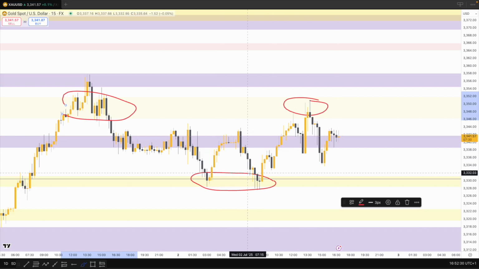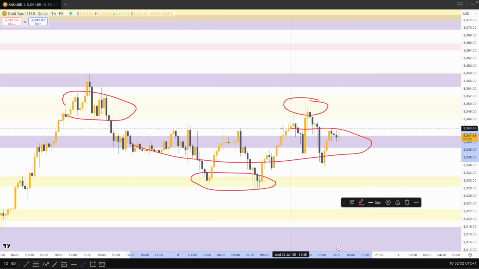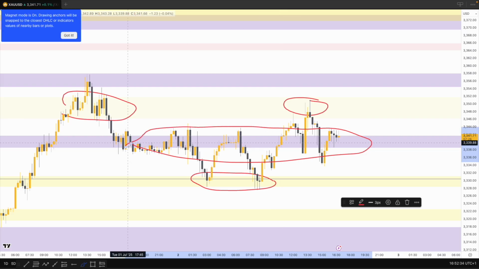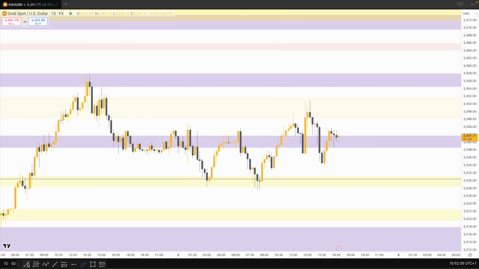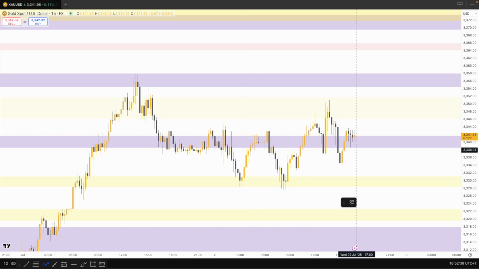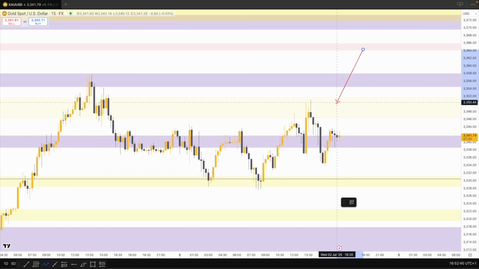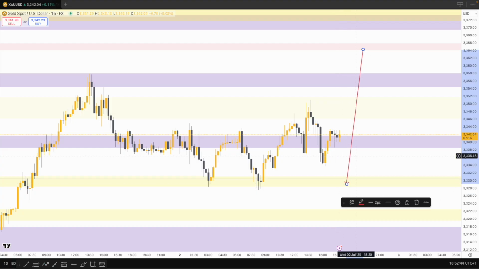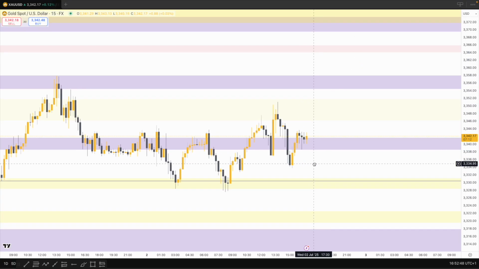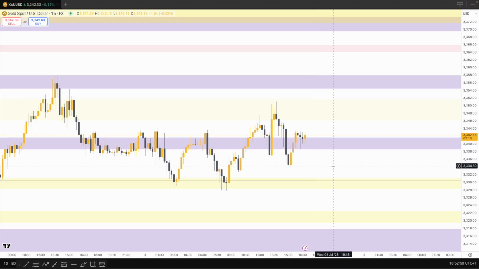We also have a mid-level, this whole area here. We have a mid-level of support. So we have a top side resistance, a middle pivotal point, and a bottom side support. So what we're going to be looking for and anticipating for the next few hours and for the next week